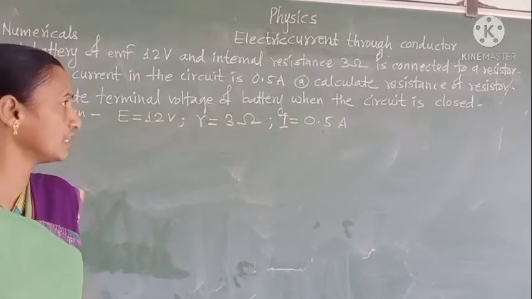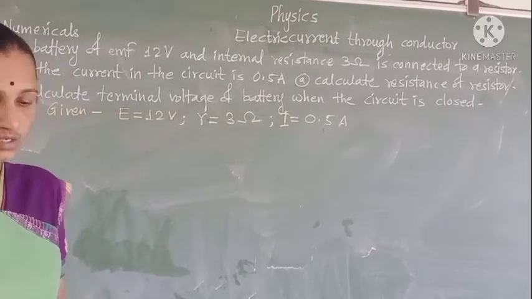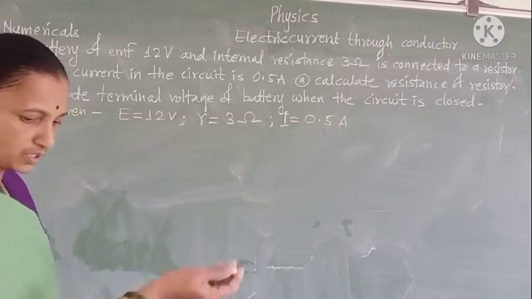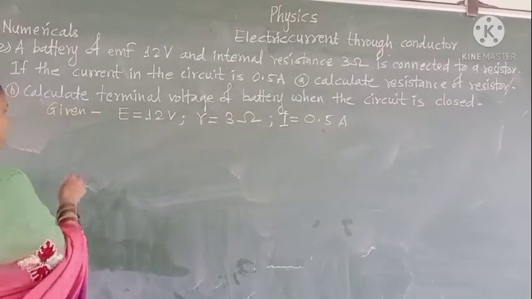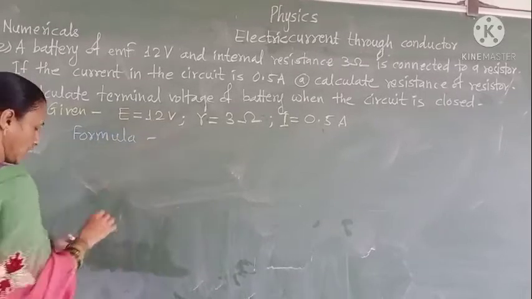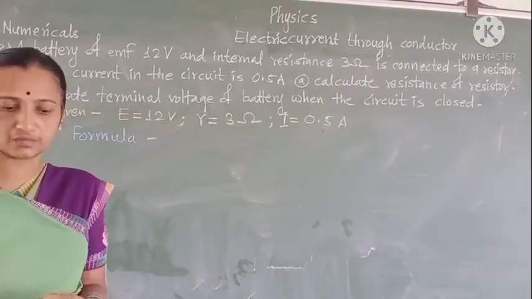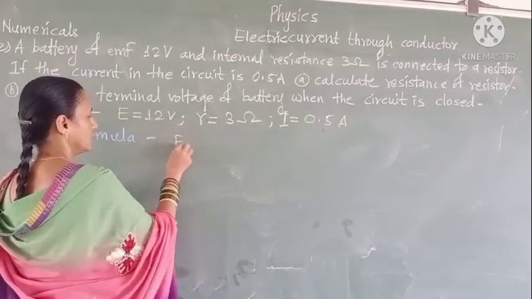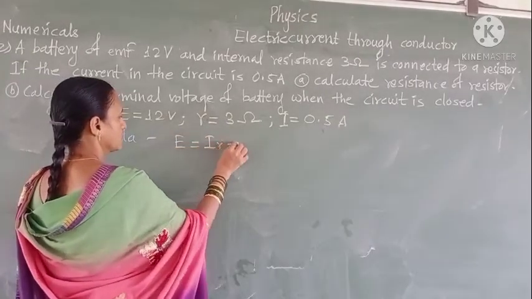Here we have to calculate the resistance of the resistor. For this we write the formula: E is equal to I small r